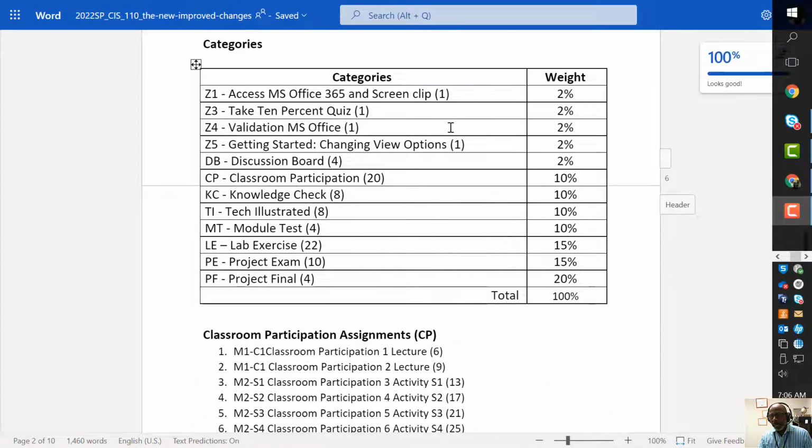All right, let's talk about the categories. You have the orientation categories, which are worth 2% here. Classroom participation: this number 20 means there are 20 of them. There are 4 discussion boards, 20 classroom participation, 8 knowledge checks, 8 tech illustrated, 4 module tests, 22 lab exercises,